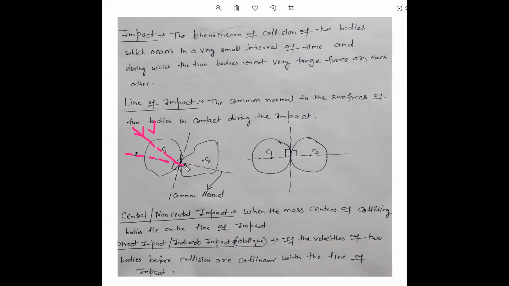तो उसको हम indirect impact बोल देते हैं, ठीक है। For example, if this body is coming in this direction, and in this direction the velocity direction is the same, that is the velocity direction, and that is the direction of the line of impact. In this case, both the velocity vector and the line of impact are collinear, एक ही एक्सिस के ऊपर आ गए हैं, that is known as a direct impact। इसको हम डायरेक्ट इम्पैक्ट बोल देते हैं।